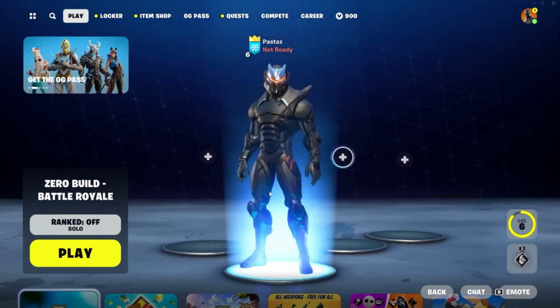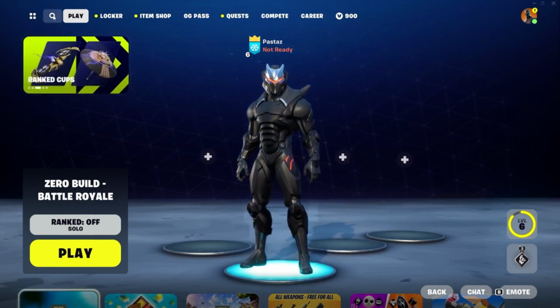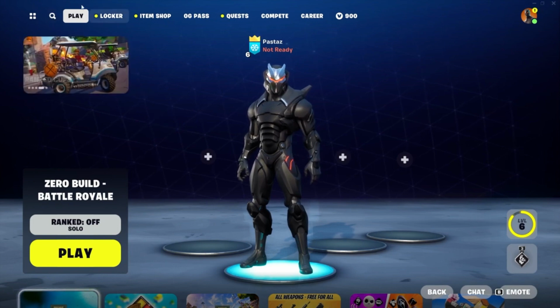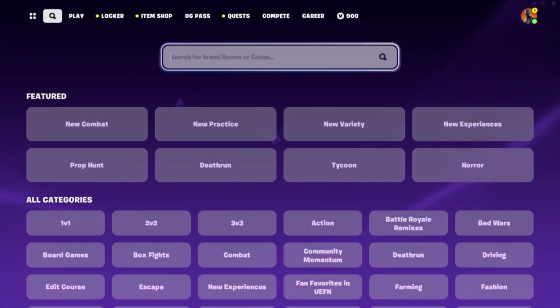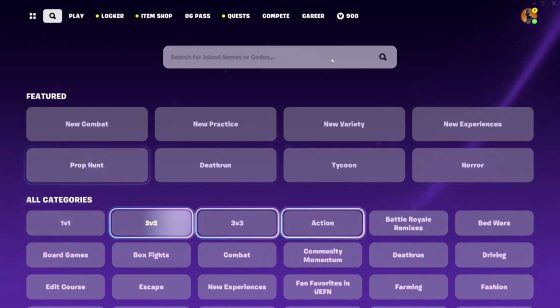Now from here, what you want to do is just go into the top left corner and look for this little magnifying glass icon, and we should find that just next to the play button. So go ahead and click on that, and then from here we have the chance to search for island names